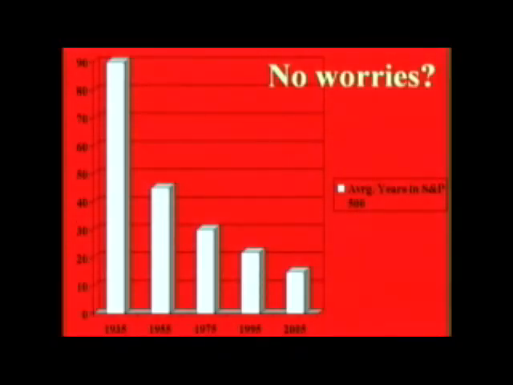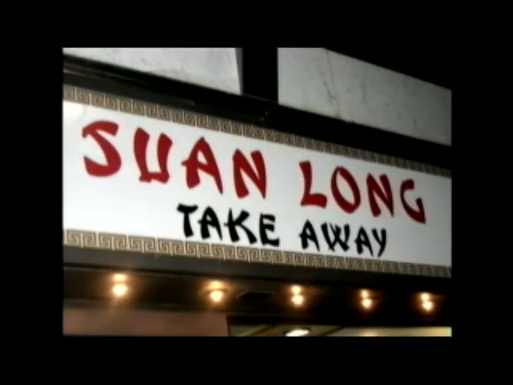By the way, this is not just an issue of flags and borders and countries and gods. It's an issue of business as well. Because just as flags and borders and countries can disappear, so too can industries and businesses. If you were in the Fortune 500 in 1935, you could expect to be there for 94 years. If you make it into the Fortune 500 today, you can expect to be there for 14 years. We're seeing an enormous churn in terms of institutions. And in this churn, if I had a long-term takeaway,